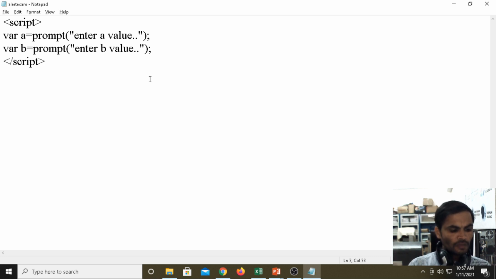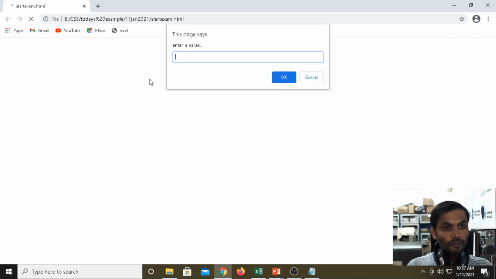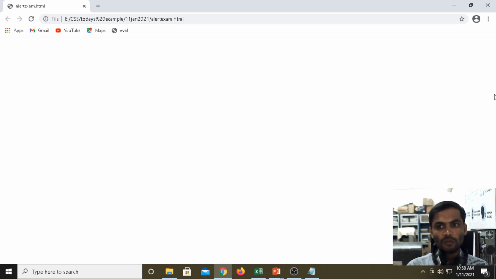Enter A value, 10, okay, B value 20, okay. It is storing the value.